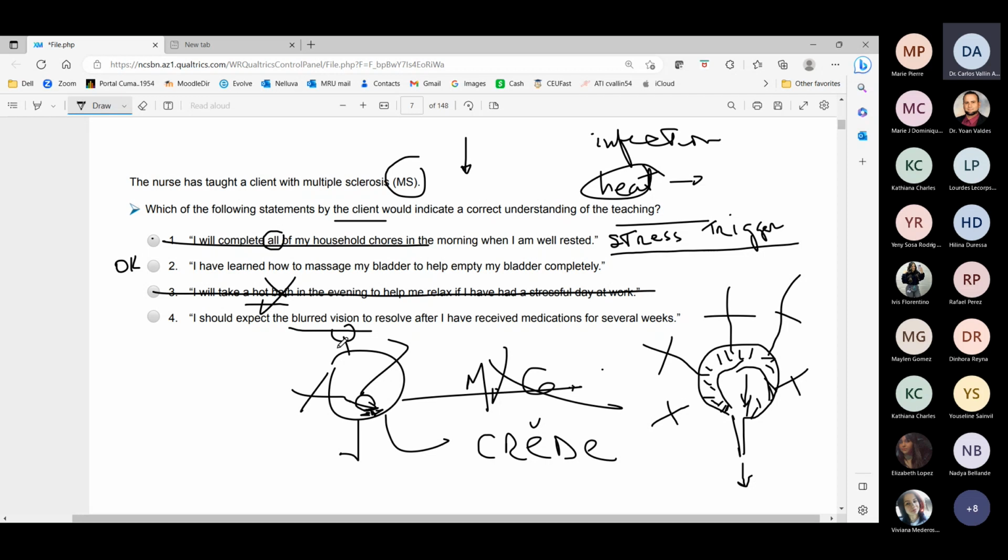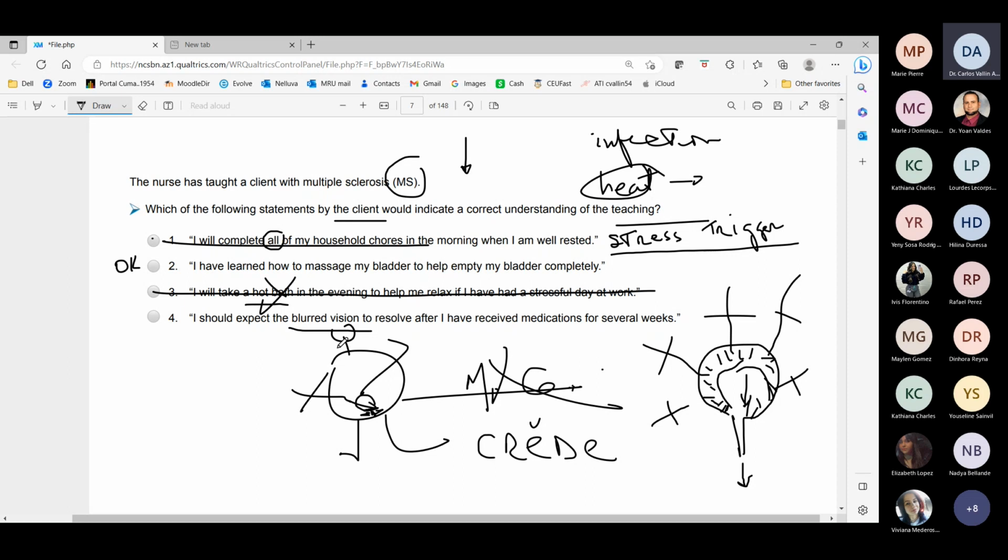And for that reason, the vision can decrease, can be blurred. The visual fields can be affected. And as I said, it is a chronic disease that has periods of exacerbation, crisis, and periods of remission. When the remission comes after a while, or is induced by the treatment, the patient can improve of the deficit that was present in the previous exacerbation, in the flare-ups of the disease, but never return